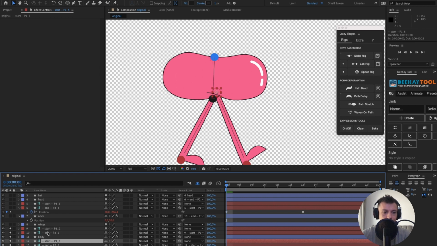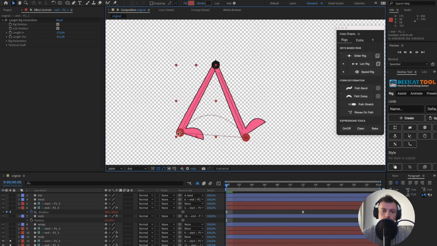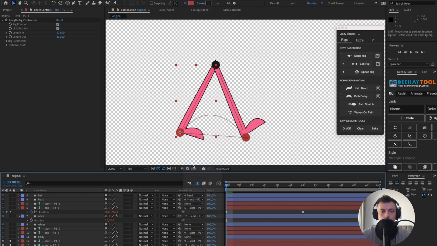Okay, where is it? It's start P12. So let's connect them. Boom. And the thing is, automatically our red points are connected to the black points, so we need to unparent them. Okay,